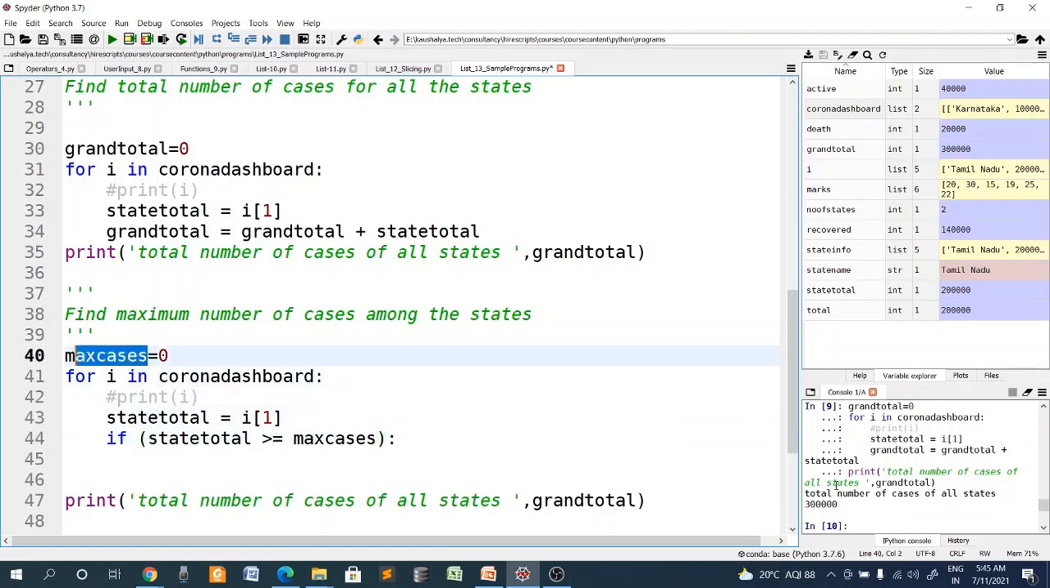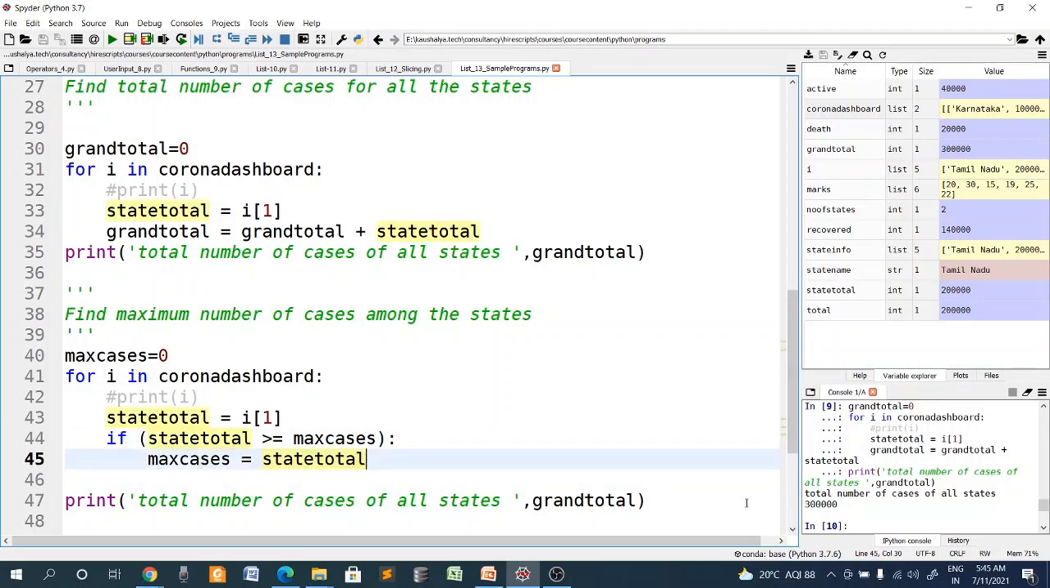To start with, max case is nothing but, observe the indentation, then this becomes the maximum case. So now I would say maximum case